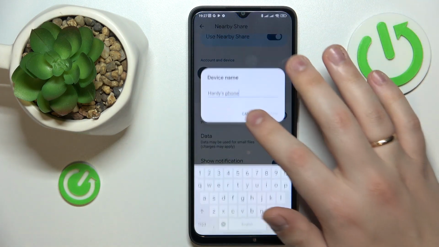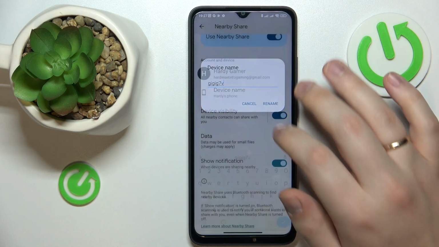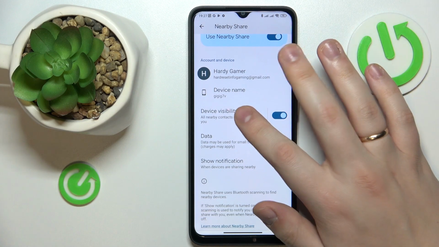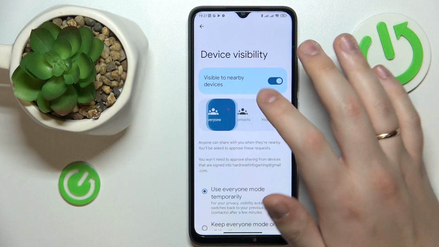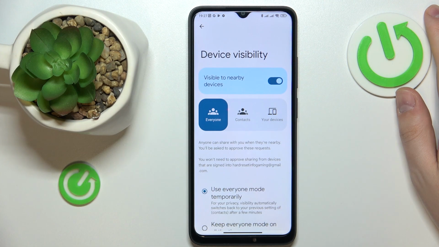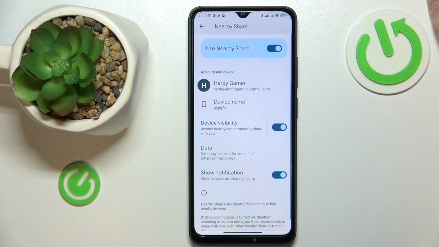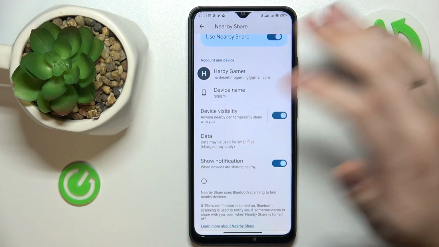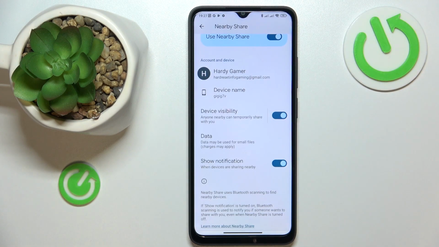Then from here you can, per se, rename your device, make your device invisible or respectively visible, and while it is discoverable you can change the privacy preferences, or to put it in more apparent terms, to whom your device will be visible or who will be able to discover your device and, well, exchange the files with it. And finally, you can change the data mode that will be used for the file transfer, and you are all